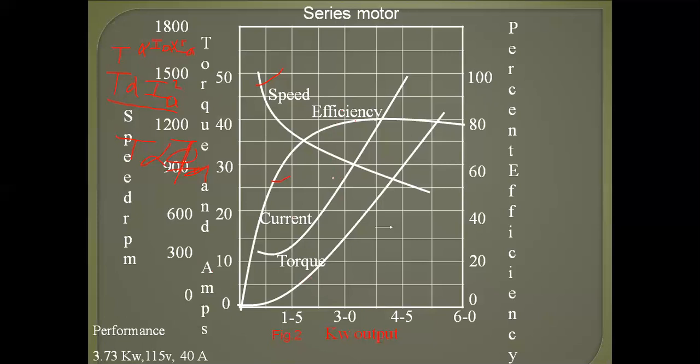A series motor develops a large starting torque. Now see this curve. The series motor develops a starting torque comparatively greater than that developed by a shunt motor for a given current. Hence, series motors are best suitable where huge starting torque is required, that is, for streetcars, cranes, hoists and locomotives. In addition to the large starting torque, there is another unique characteristic of the series motor which makes it best suitable for traction service.